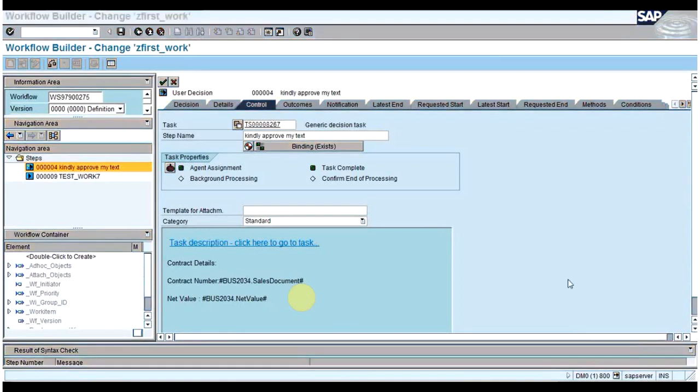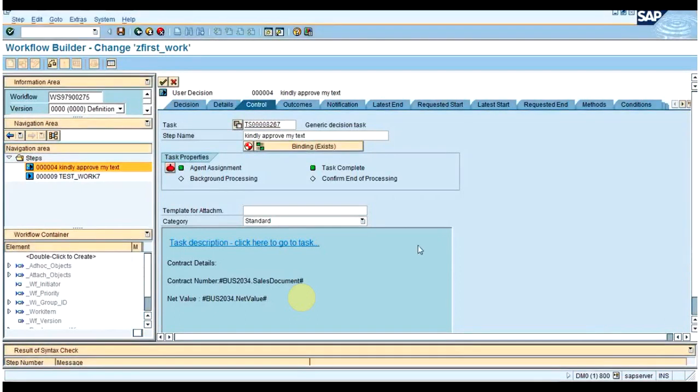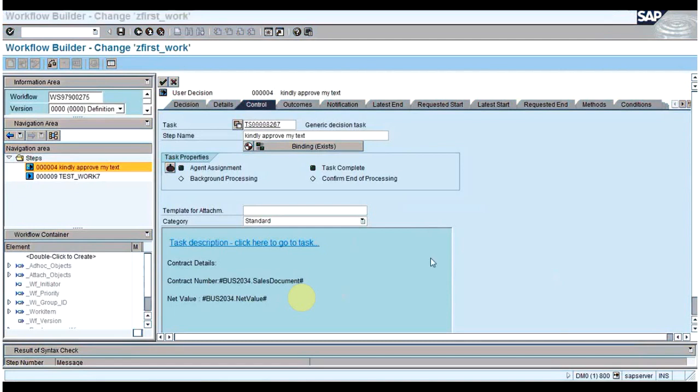My query is if we copy the standard task, whether it will convert into a customer task. You want to copy the SAP provided standard task? Yes, just now we saw the decision making step. That is a standard one, SAP provided.